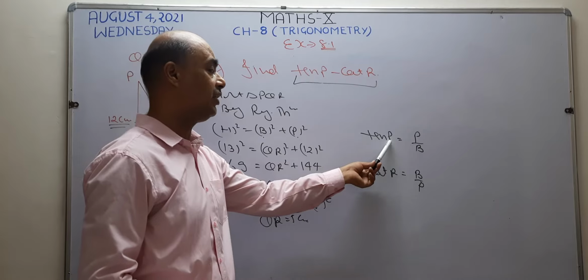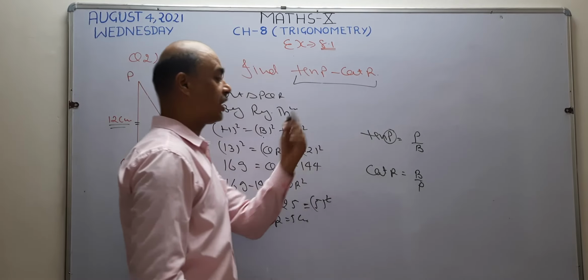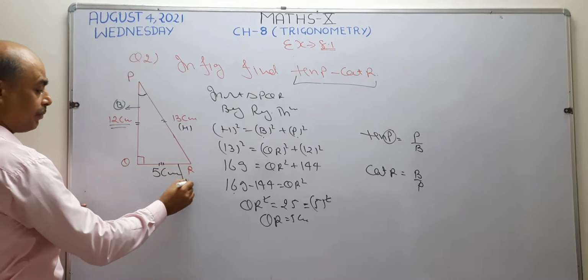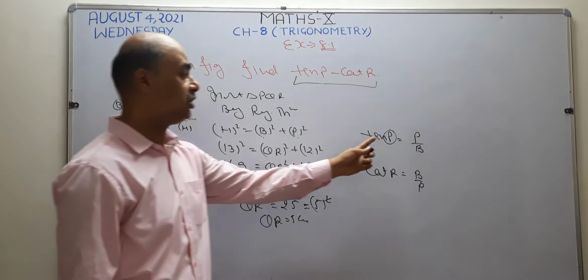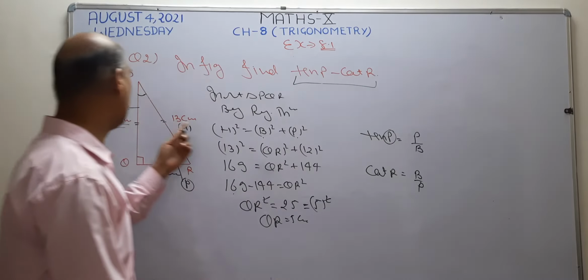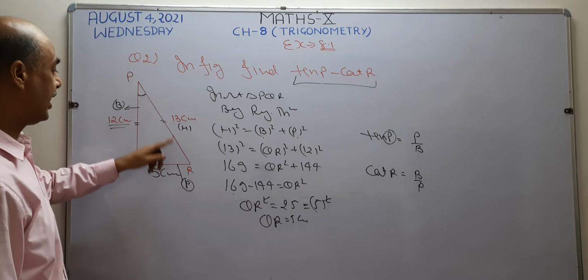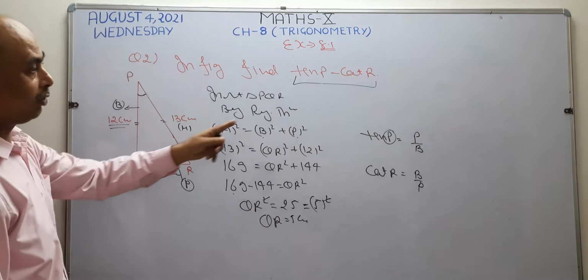Now, which side are we going to use as base and which side as perpendicular? This is going to be decided by this angle. Now, for this first part, the angle given is P. Now I want to check where P is. P is going to lie here. For this first part, I want to take this side as base and this side as perpendicular. Clear? This angle is going to decide which side I consider as base. In this question, the angle is P. It means this side becomes base of this question and this becomes perpendicular. H is fixed. Now this is your perpendicular, this becomes 5. And what is base? Base is 12. So the value of tan P is 5 by 12.